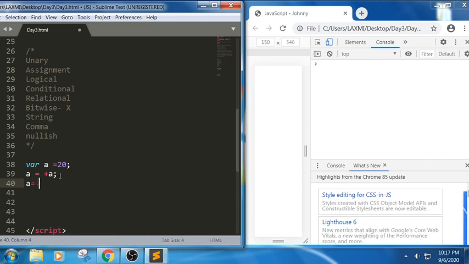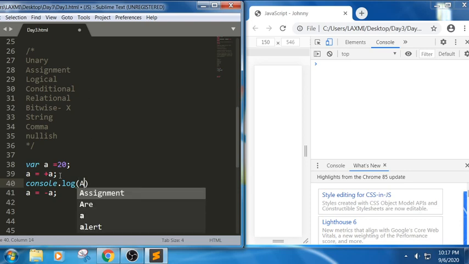For example, I have written something like this: minus a. What does it mean? We are trying to take minus, so we call this minus symbol the unary minus operator. Let me echo this so that you see. If I write a capital A, will we get output? No, because JavaScript is case sensitive. Capital A and small a are not equal. We should always write what we have declared here. So I am writing a here.